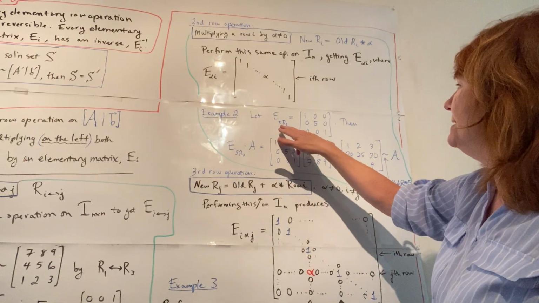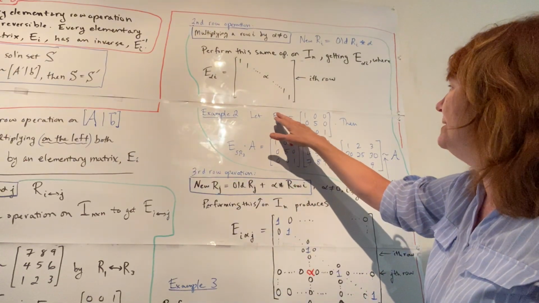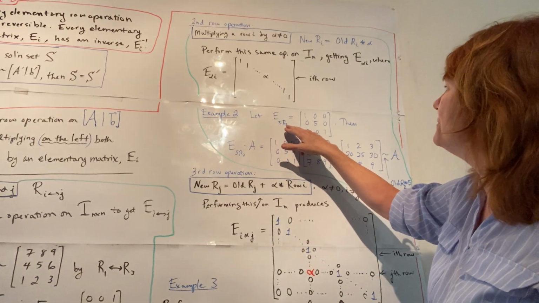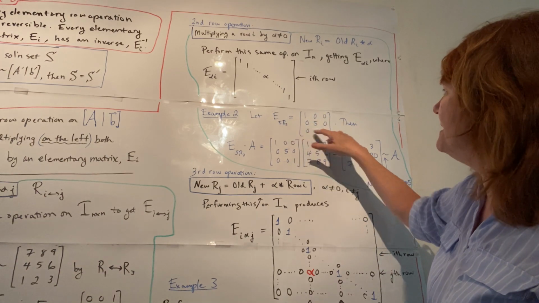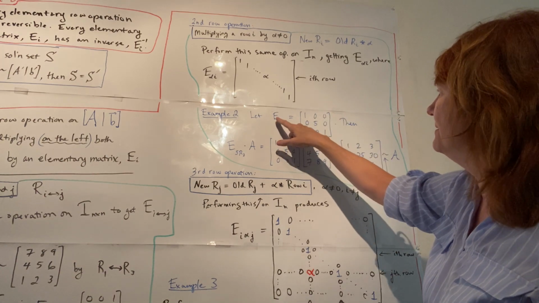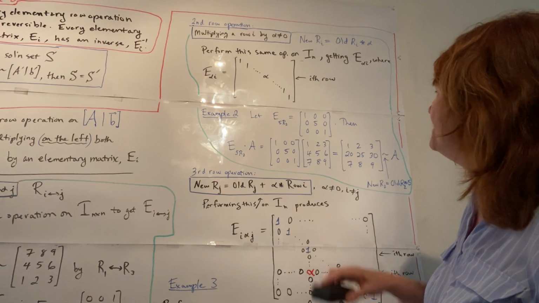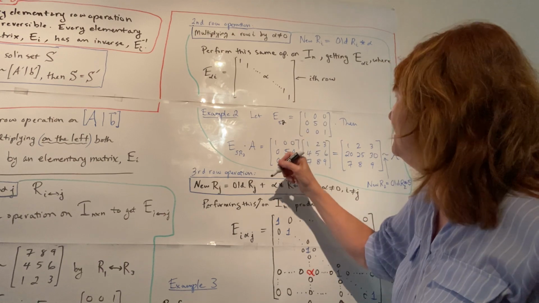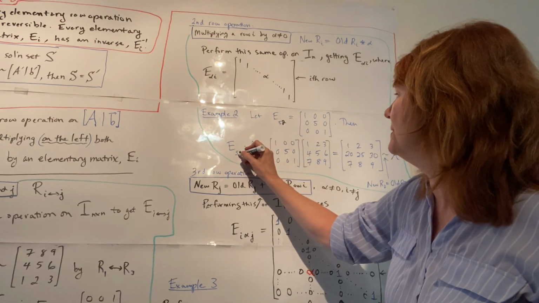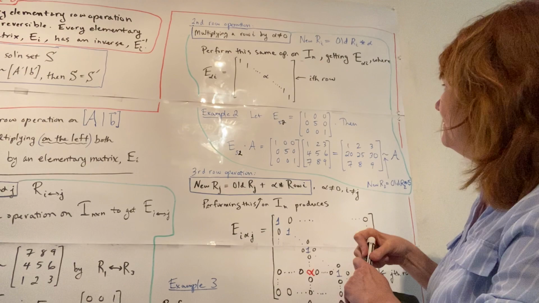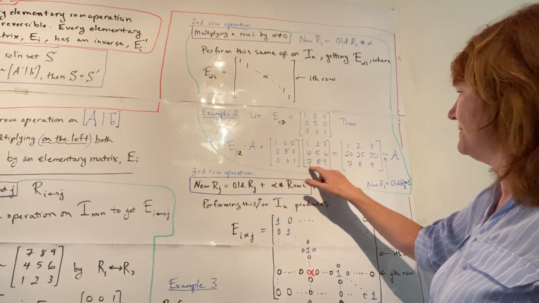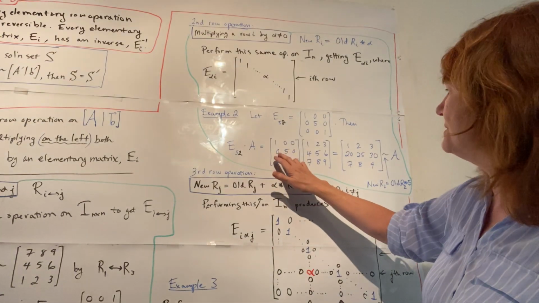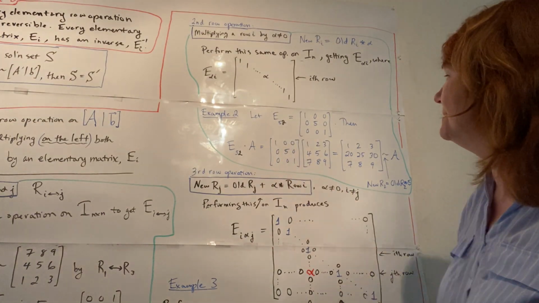For example, if I performed new row 2 is equal to old row 2 times 5 on the identity matrix, I would get this, E5,2. I guess I should just put a 2 there. E5,2. Okay, then if I multiply the matrix A, 1, 2, 3, 4, 5, 6, 7, 8, 9, on the left by 1, 0, 0, 0, 5, 0, 0, 0, 1, look what